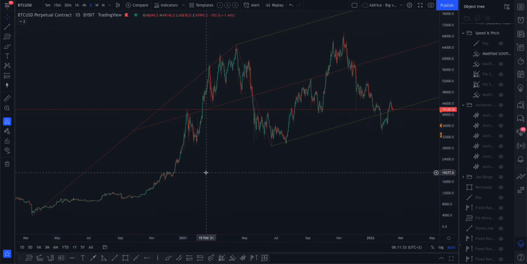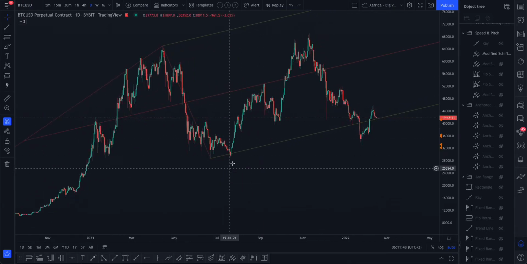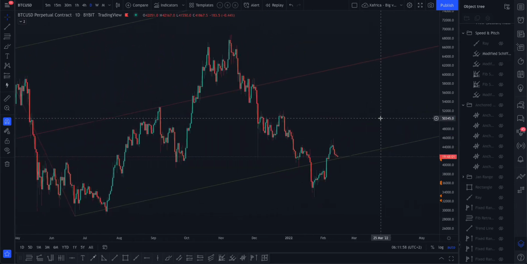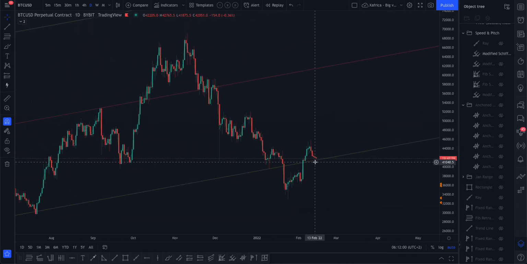So I'm just going to start off with this far zoomed out view of the Bitcoin chart. That's the Corona low and the first all-time high, and then those lows in June last year. We did push through a little bit there, but on the midline there's been respect and respect there. Those are quite perfect touches, and you can see where we find ourselves right now, on really good